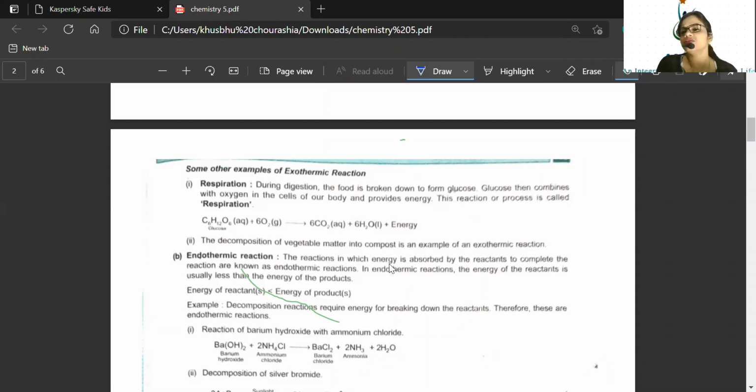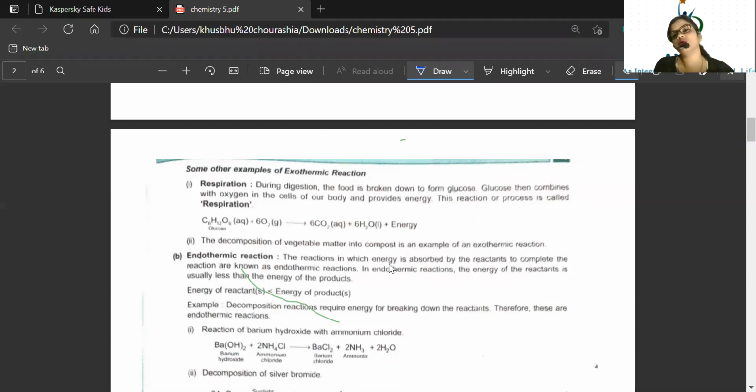Now look here, beta. There are two different processes at the time of breathing. Breathing and respiration are two different things. Breathing is not respiration. If someone says to you that breathing is respiration, then it is not true. Respiration means the oxygen which you take in will go to each and every cell, and in the presence of oxygen, the food particles running in your blood will undergo combustion, and then it will release energy, and that energy will be stored in the mitochondria.